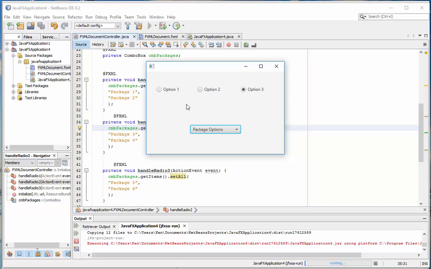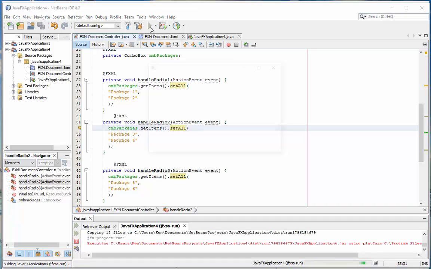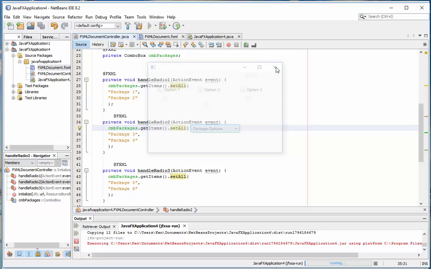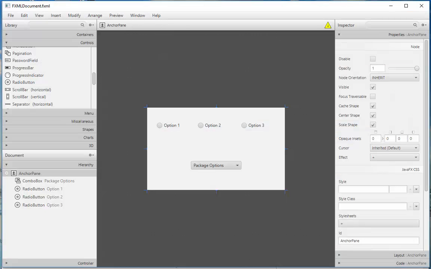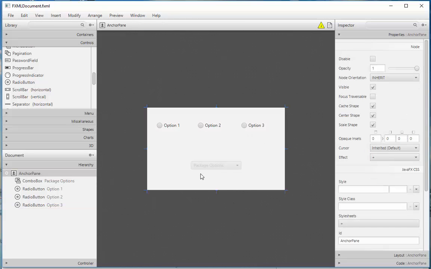So there's one last thing I can do to kind of improve this. At the very beginning when I run this, it'd be easy for a user to maybe just kind of skip over this and come down here and click this and then see that there's nothing here. But what I can do is I can disable this until I've selected an option. So I need to go back to Scene Builder again, and I'm going to disable my combo box. And to do that, that's under the properties, and right here is disable. So I'm going to click disable, save it,